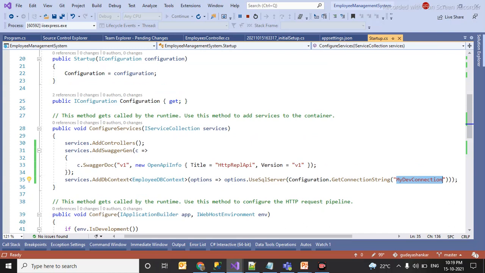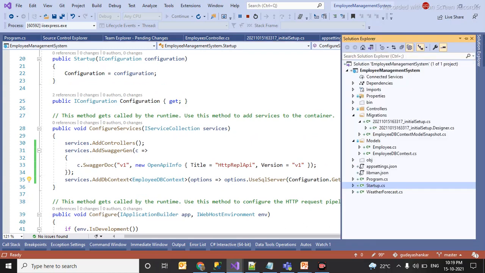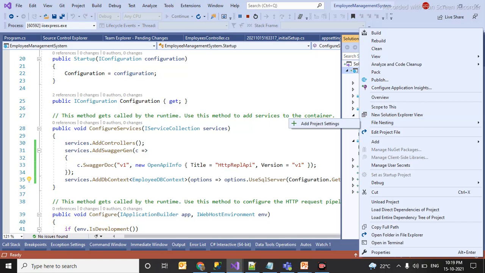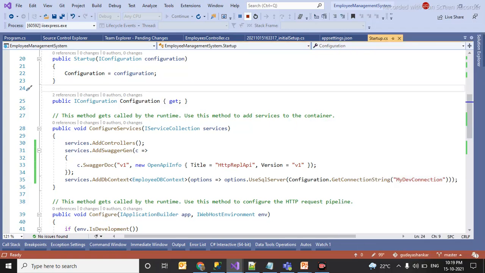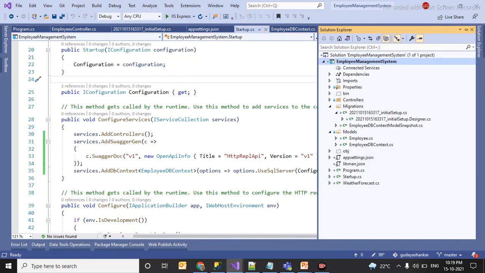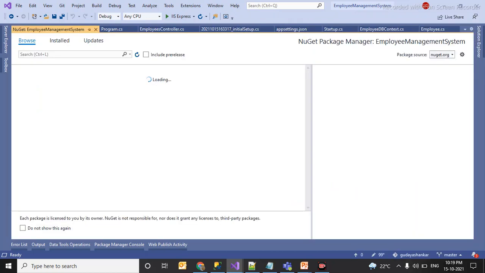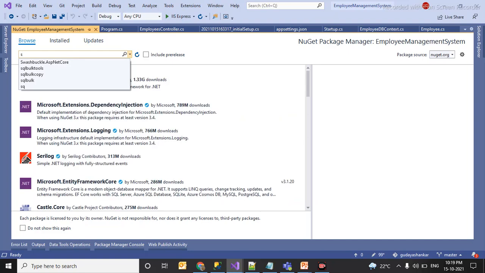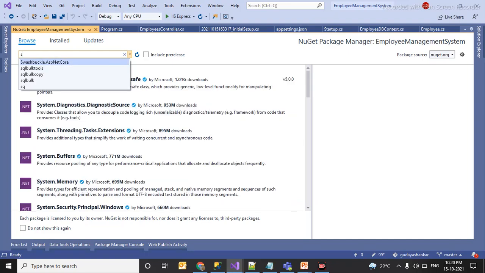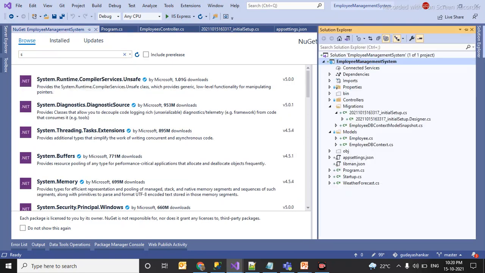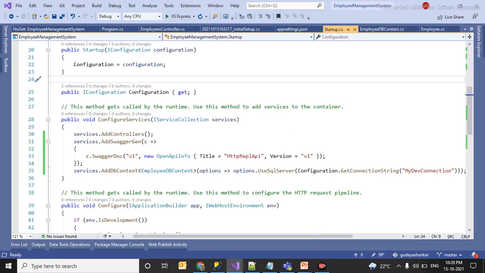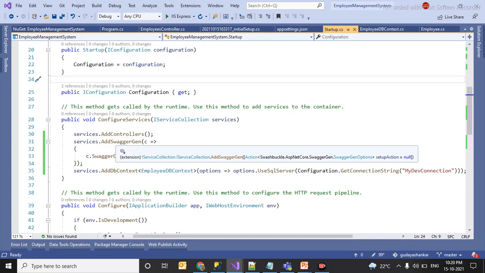Next I went to manage NuGet package. There I have added my Swashbuckle.AspNetCore. Then I configured that inside my startup class, services.AddSwaggerGen, using this.